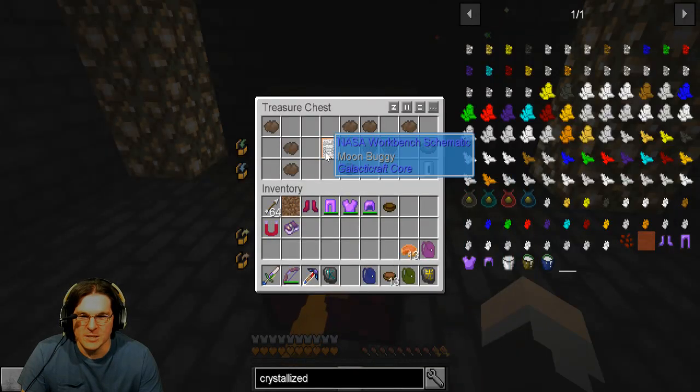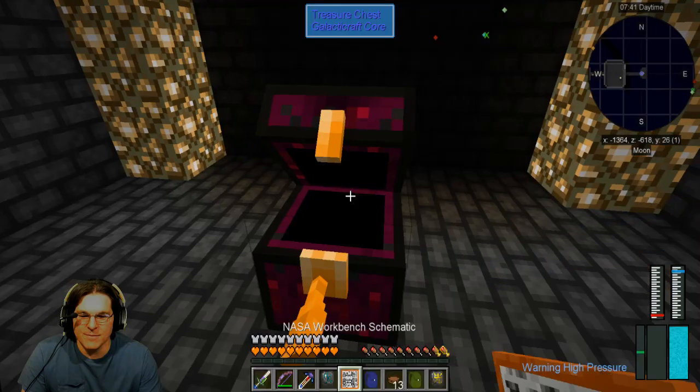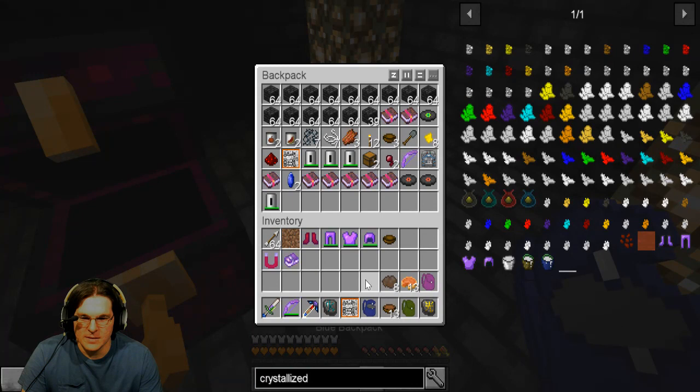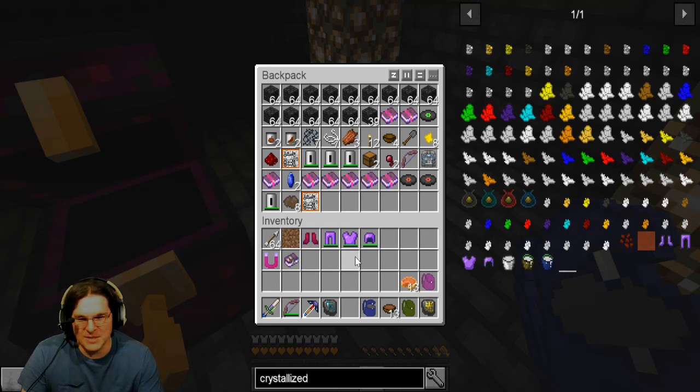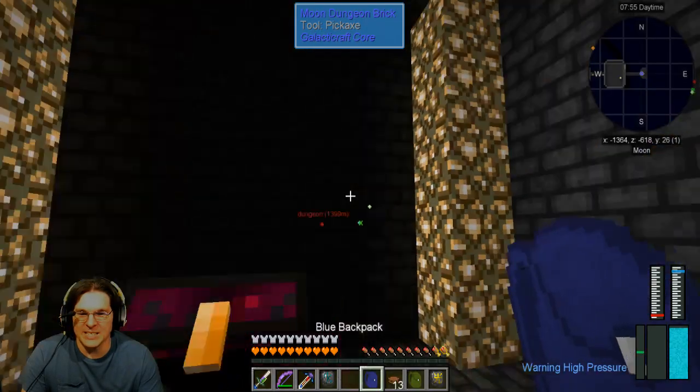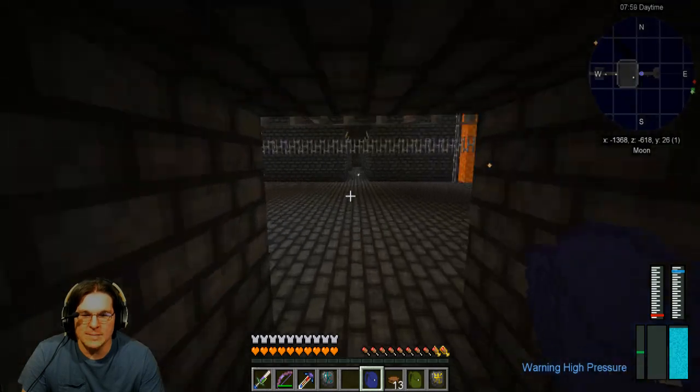Winner, winner, chicken dinner! Moon buggy, again! That's not funny. Like, seriously, not funny. Need knockback 50, just knock him through the wall. Just see his head spinning as he goes flying by. Well...